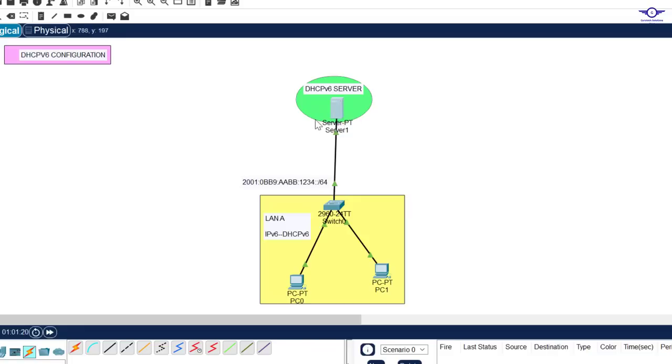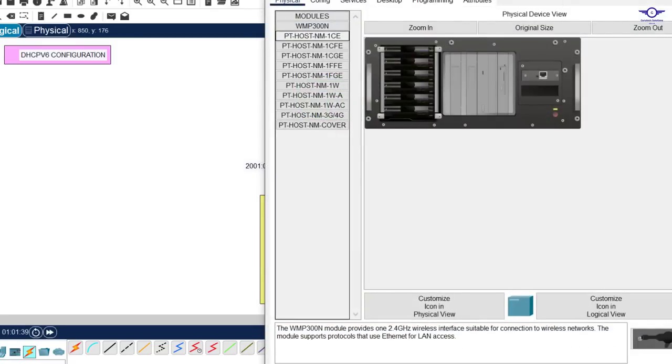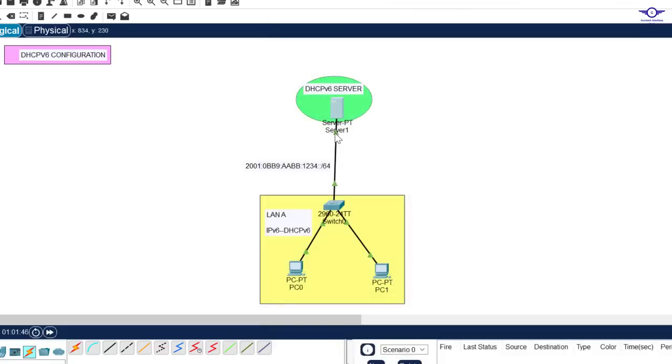Okay, it's just a simple topology. We're going to use this network here. Okay, then LAN A, you can see IPv6 to be through DHCP version 6. Okay, all right. So I just go to this server here and we assign it an IP address. So we assign this interface an IP address. Okay, so this IP address, we're going to use this IP address. I just copy it,